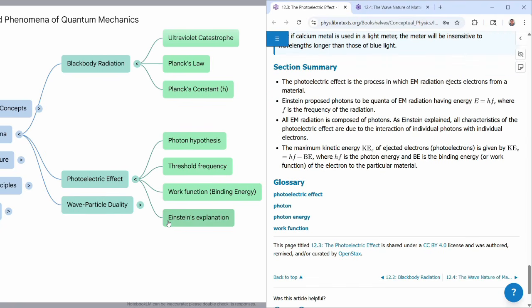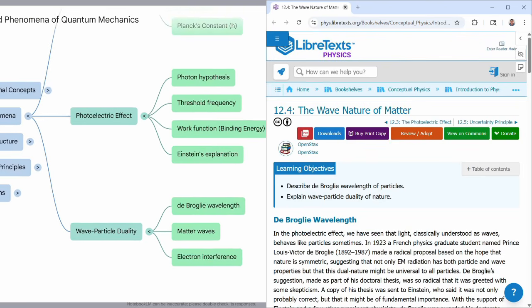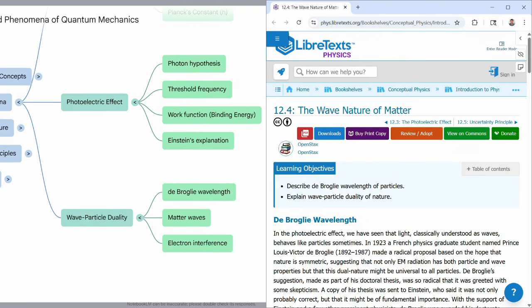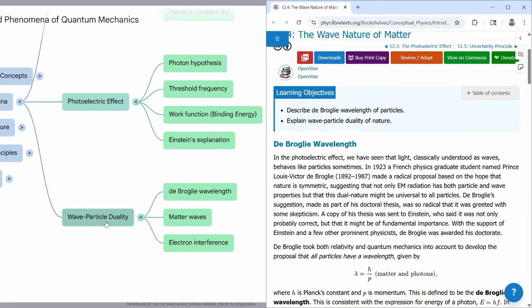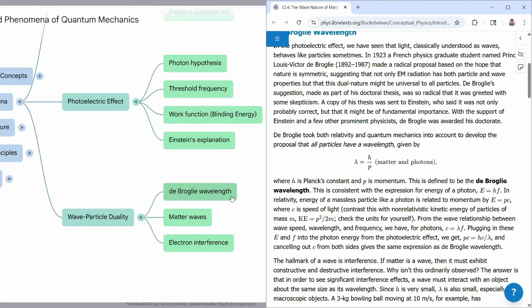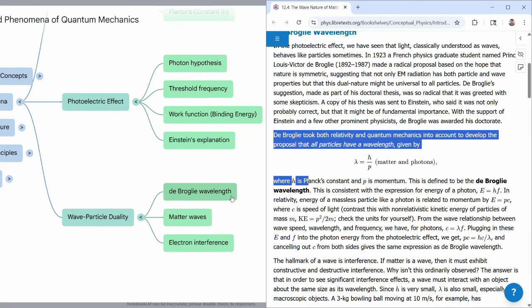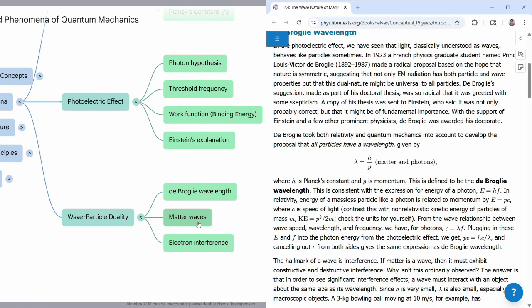And the assumption that Einstein made for the photon, light, can be extended to everything in nature. That's where wave-particle duality comes in. The things that we were used to thinking of as particles can be assigned a wavelength called the de Broglie wavelength. That's given by the relationship: momentum of a particle is equal to Planck's constant divided by the wavelength of the matter wave that represents that object.